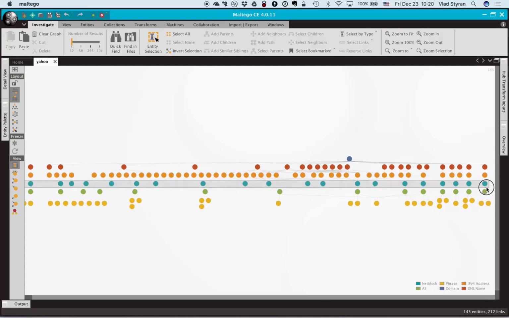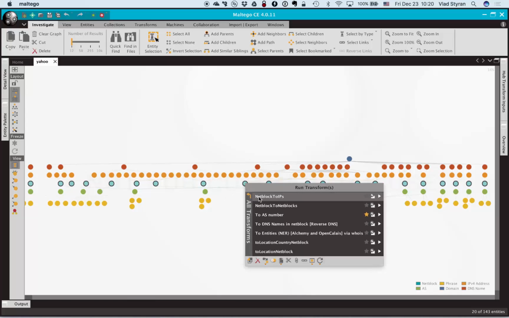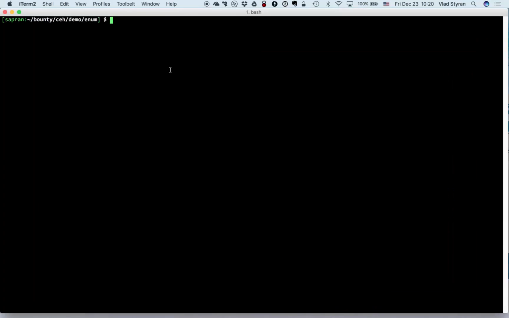If your task is to scan something as large as Yahoo network presence, you of course can just create the file with all these networks. For that you have to copy them as values. That's important because from Maltego graphs you can copy the same data in different formats. So here let's create